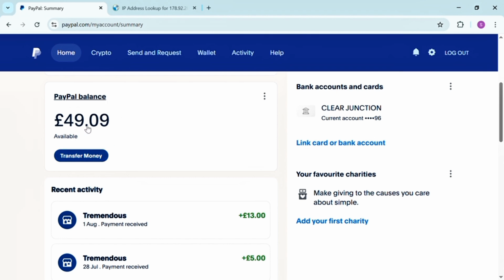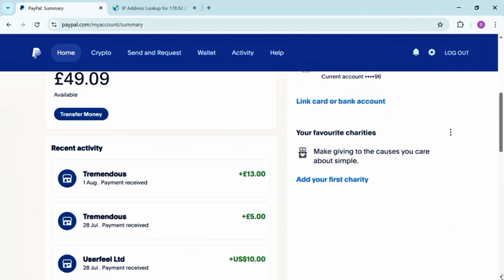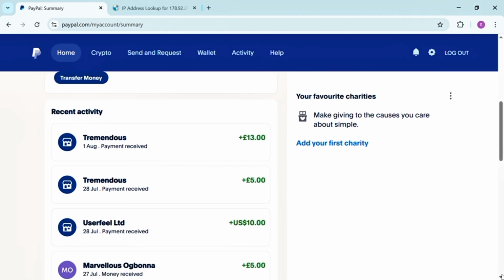PayPal actually has what we call a currency converter. So any amount you receive will be displayed in your primary currency. Now you want to change your primary currency to dollars. So all you need, let me also make this clear. You see, this account can receive money in different currencies. Now you want to make dollar your primary currency. First, you need to log into your account, and then you go to wallet. So once you click on wallet,